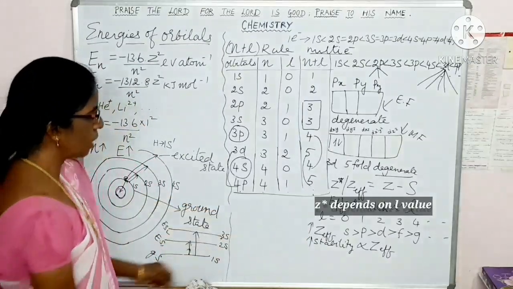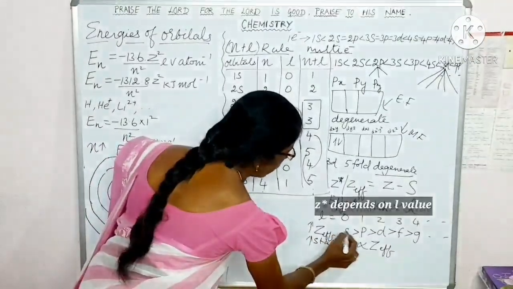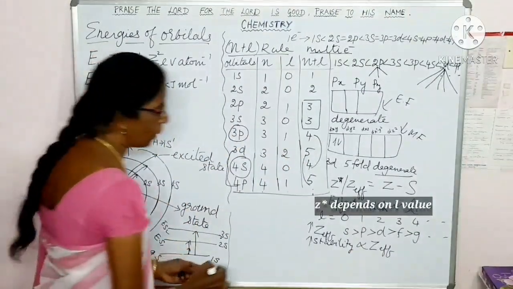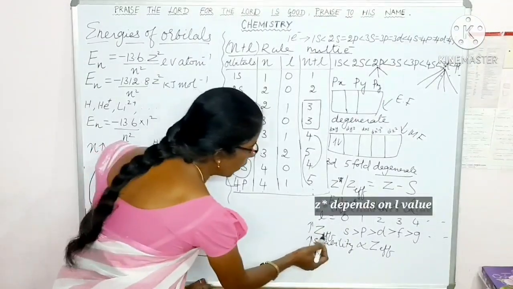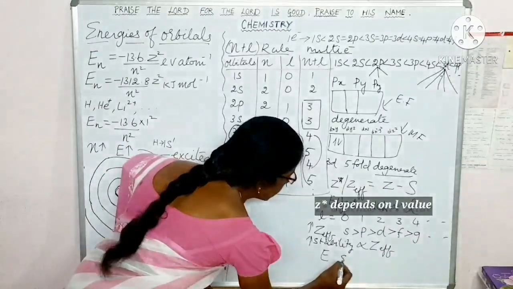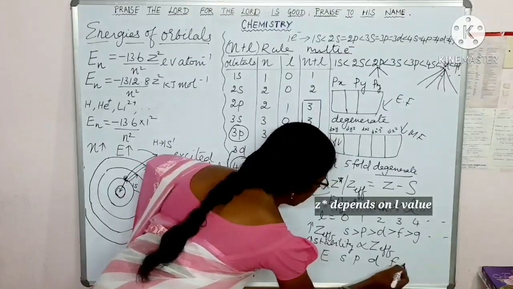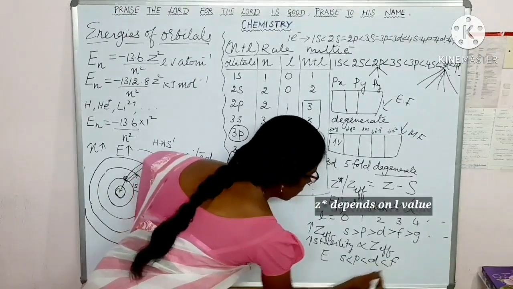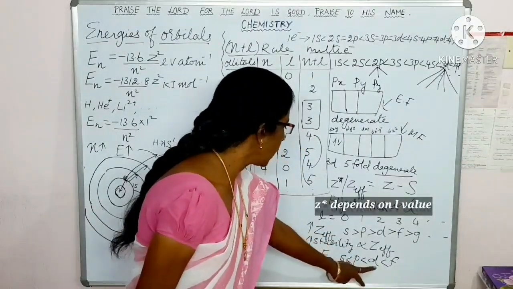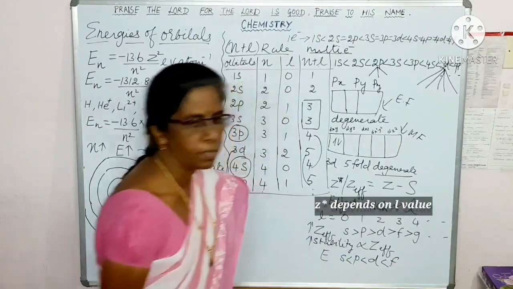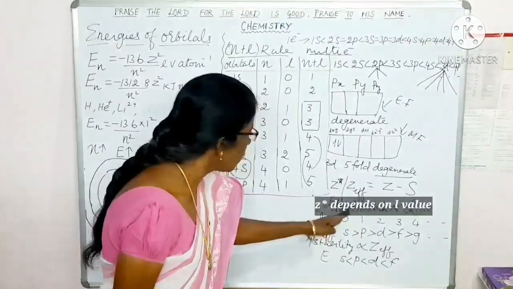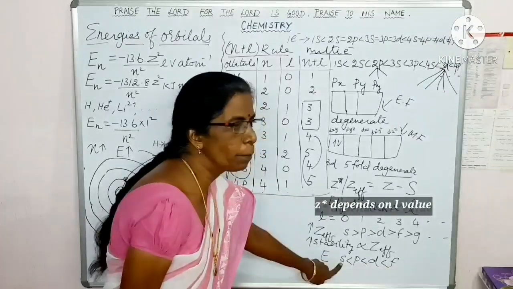Given shell means I can take the fourth shell. So this will be 4s, 4p, 4d, 4f. The same given shell, now energy order will be opposite to this. This is the effective nuclear charge. Now energy for the given shell is S, P, D, F. For a given shell, F will have greater energy than D. D will have greater energy compared to P, than S. Why is this so? In the given energy level, because your effective nuclear charge is greater, energy will be lesser.